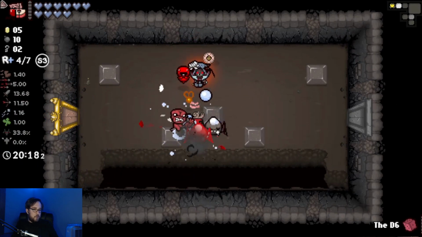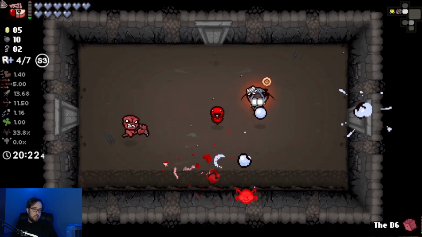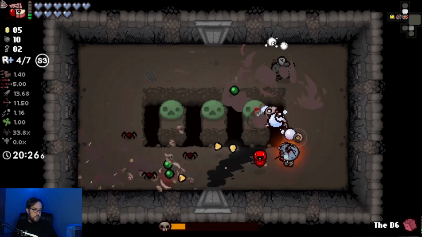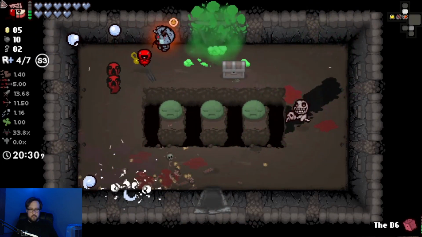Get that Montezuma's Revenge. That is also one of my personal favorite editions of Repentance. Although I imagine that's actually hilariously difficult to use in a speedrunning setting. Although he's landed two quite nice hits already at this point, so...